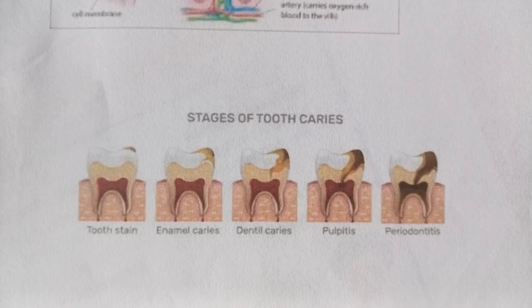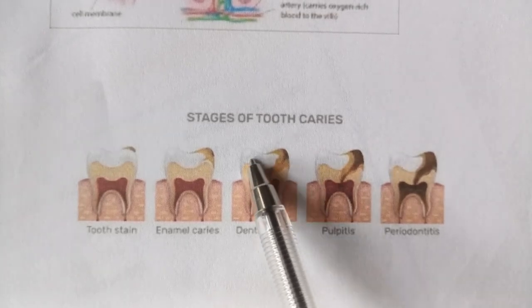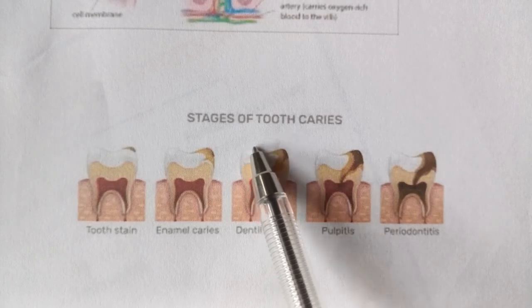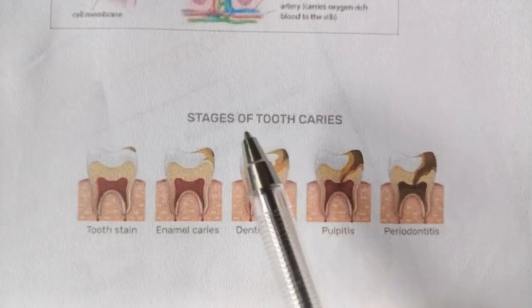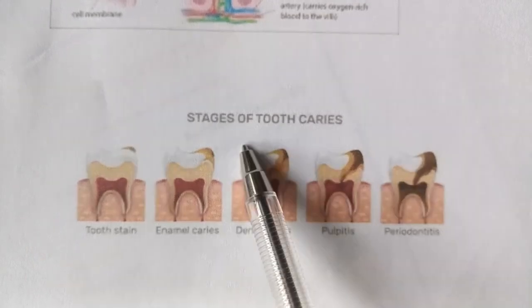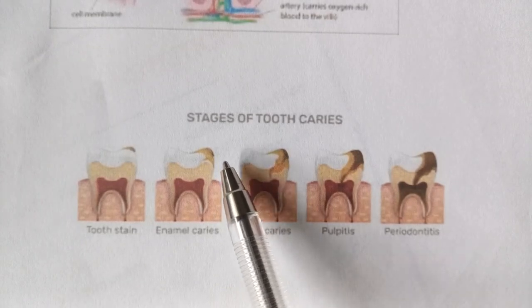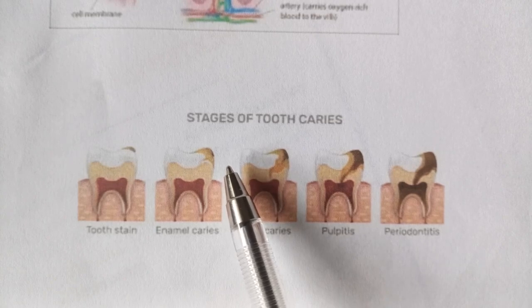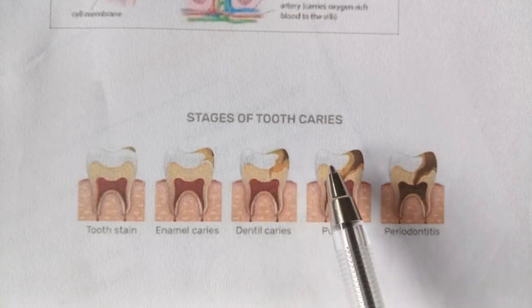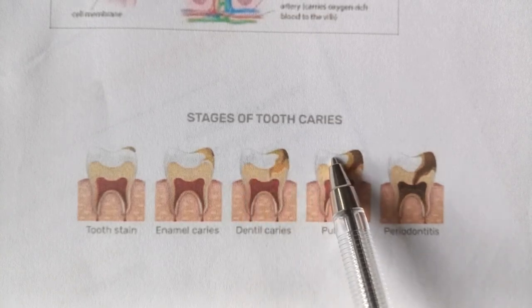It begins when bacteria acting on sugars produce acids. Acids soften or demineralize the enamel of the tooth. So that enamel of the tooth is softened or demineralized by acid. And who produces acid? Bacteria in the sugar. Masses of bacterial cells together with food particles stick to the teeth. They get stuck